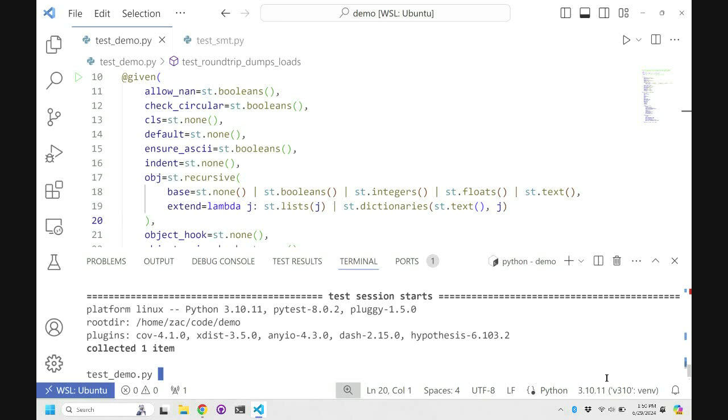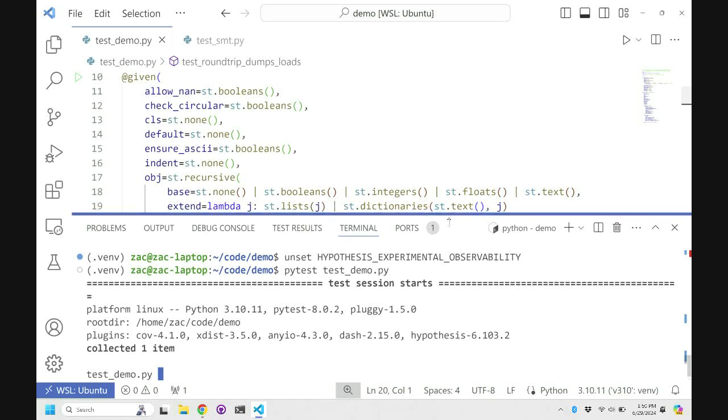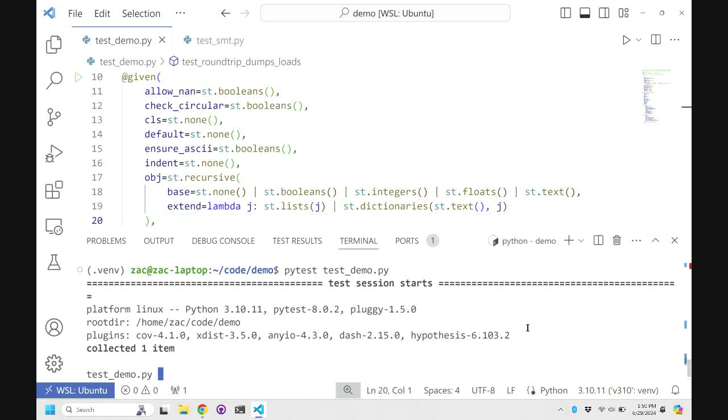Anyone? No? Well, the fun of live demos is that sometimes my laptop running on battery power takes a little time to run things. What we will see sooner or later is that if you have a floating point nan, then JSON serialization does not give you an equal object, because nan is not equal to itself.